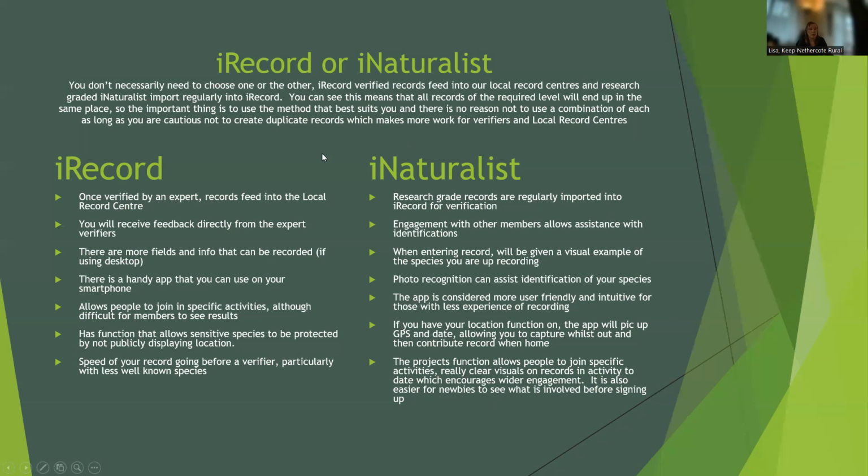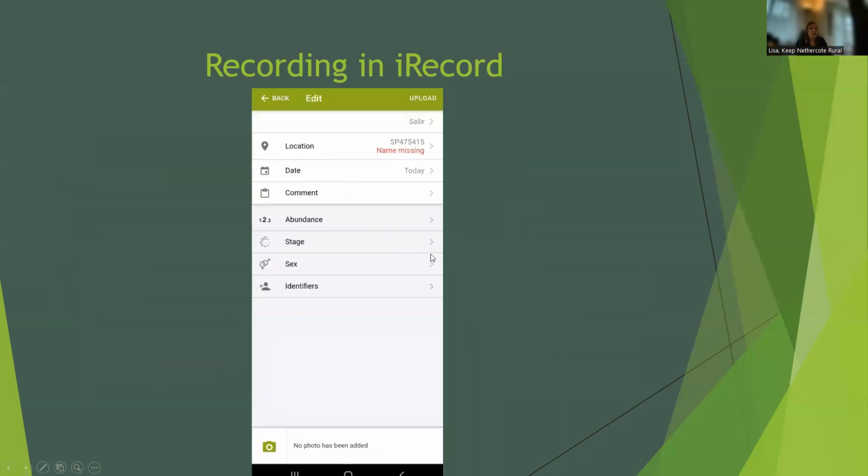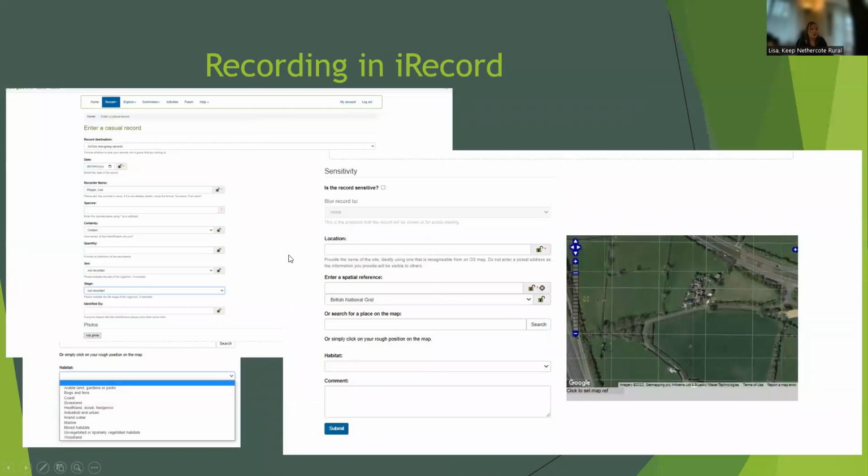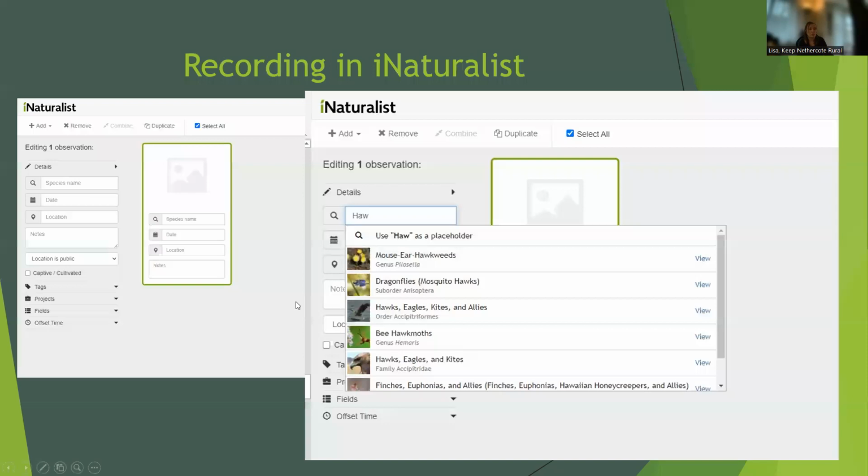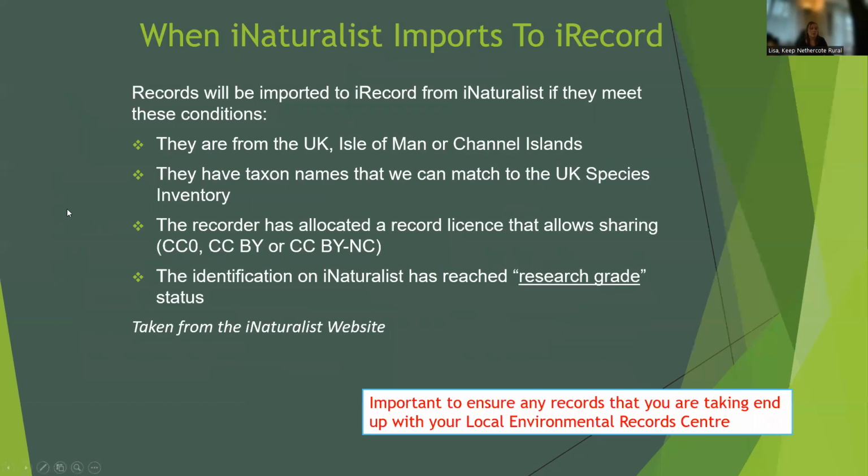Some people do prefer that, and I have some pictures of how you're recording. In iRecord and in iNaturalist, you start to type and it comes up with all the things that it could be, so that can be very helpful too.